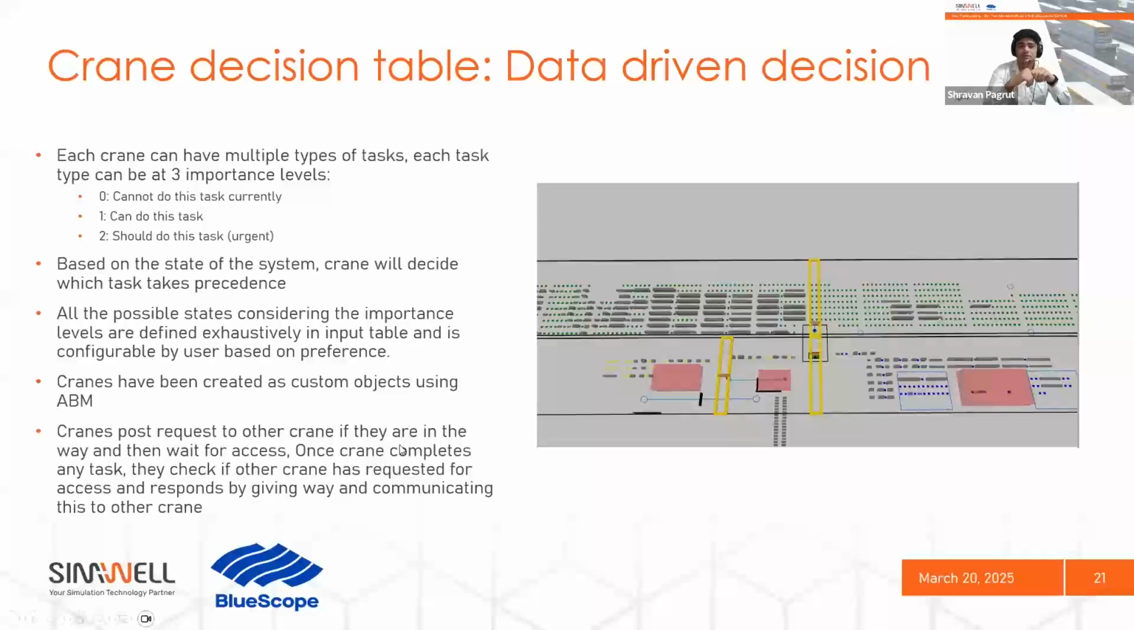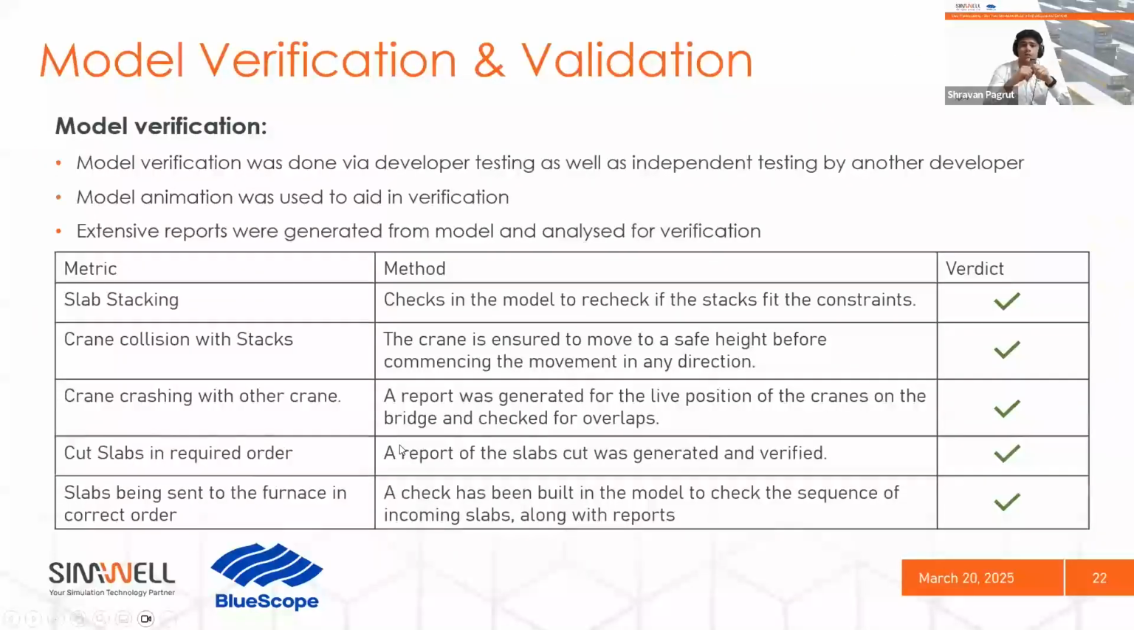And now, after the modeling, we made sure that the model is verified and validated. Verification is basically making sure that the model is doing what we asked it to do. So it shouldn't be colliding with other cranes. It shouldn't be colliding with other stacks. It should be sending stuff out in the required order. So for all of that, for the cranes, we made sure that we are logging the position of the crane as well as